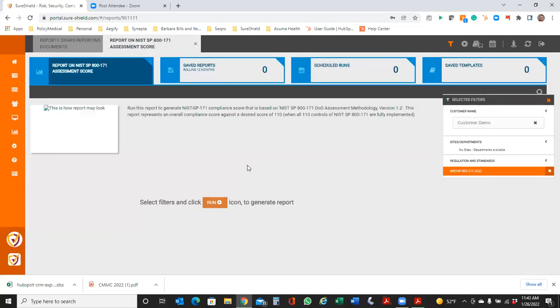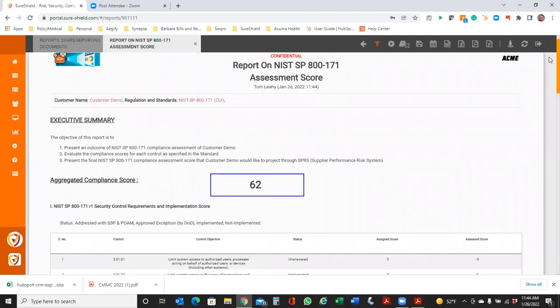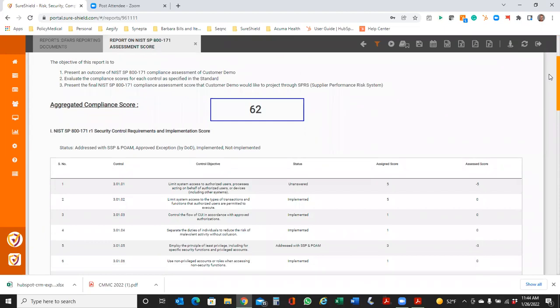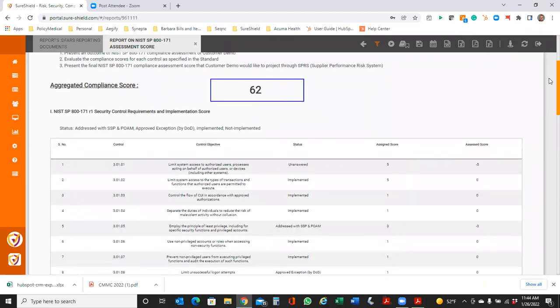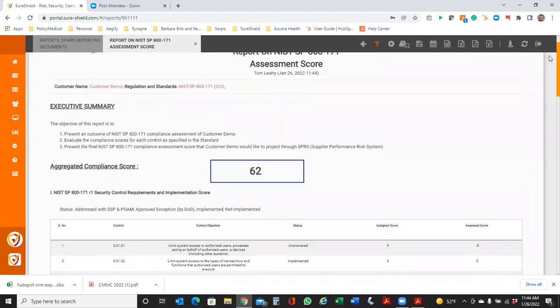But as many of you may know, the NIST assessment score at full completion, I believe, is a score of 110. Chandi, you can validate that for me if you'd like. But if you are in full compliance, then you would be submitting an assessment score of 110. Each control has an aggregate score that has been set for it. So when they're in compliance, that ups your score. If it hasn't been addressed or it's not in compliance, that score will change.